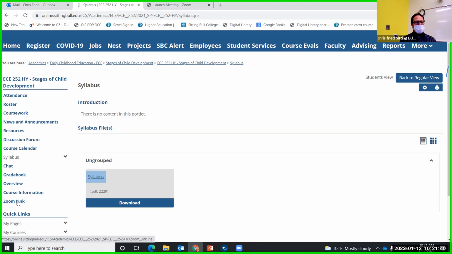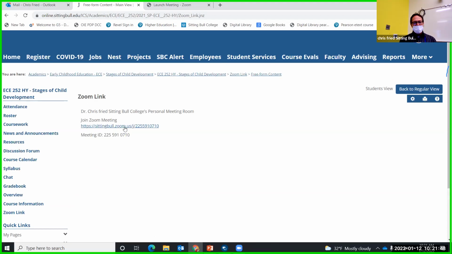And the Zoom link, if you want to connect with me through Zoom, is right here in the class. You just click on that Zoom link right there, and it should connect you with me. Also, for office hours, if I'm up here in my office, I'm going to try to remember to open my Zoom link. If you want to connect through Zoom and talk about something, we can do it that way.